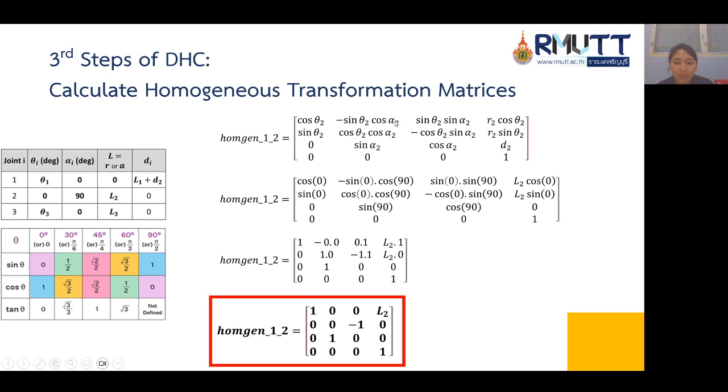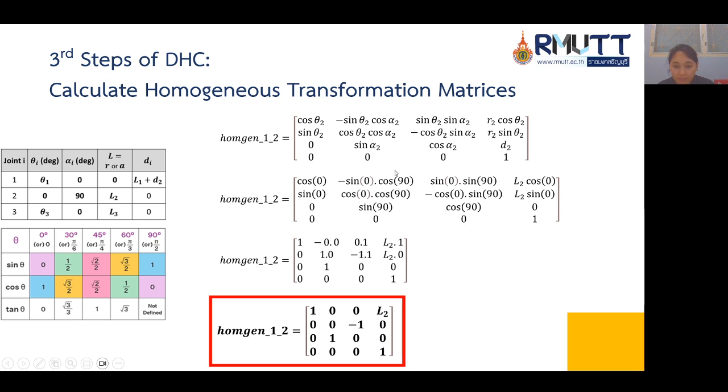And then alpha is changed to 90 degrees. For R2, the value is R2. And for D2, the value is 0. Just change and then calculate,